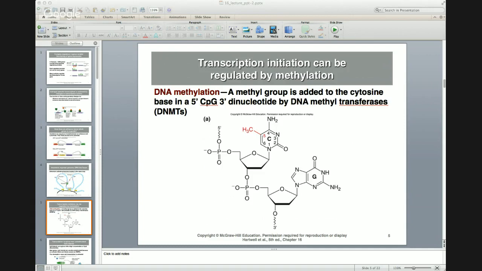How many genes are imprinted in humans? Only about 100 genes are imprinted in humans. Most of our genes are not imprinted, and about 50 of them are paternally imprinted, and the other 50 are maternally imprinted. Paternally imprinted genes means that the paternal allele of that gene is methylated and hence silenced. In a maternally imprinted gene, the maternal allele is methylated and hence silenced.